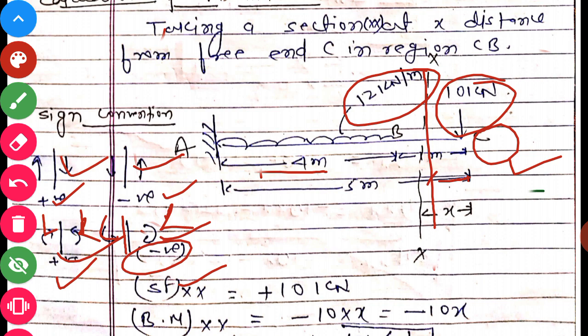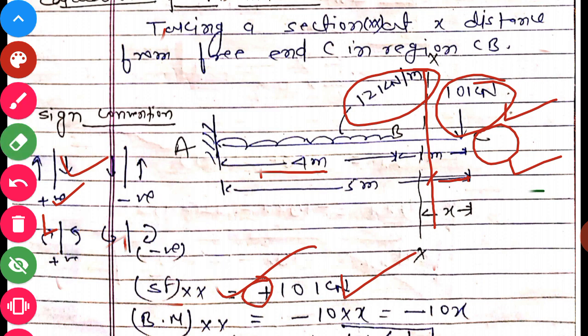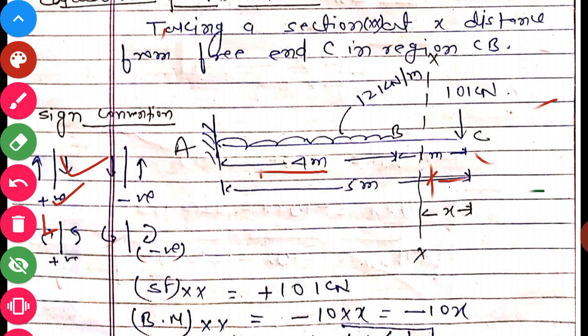That is the section XX. We calculate the shear force. Okay, how is it calculated? Because we know that in region BC there is only one force, that is 10 kilonewton, and it is on the right side of section XX. If the force on the right side of section XX is downward, in that case we take the shear force as positive. And what is the magnitude? 10 kilonewton. Okay, I hope you understand this, because I have already covered the concept in previous lecture number 6.